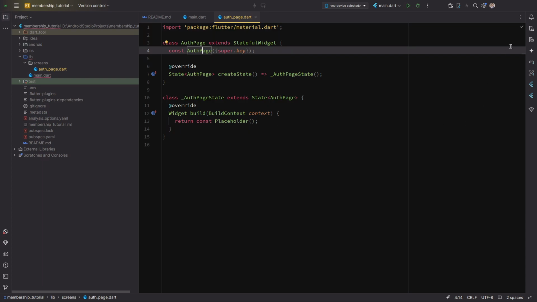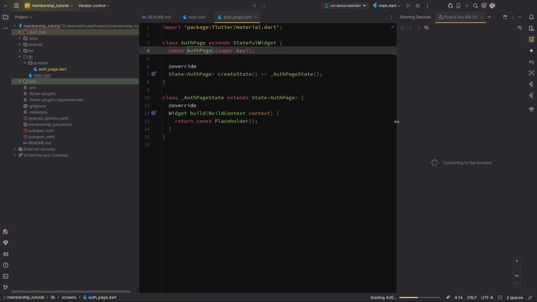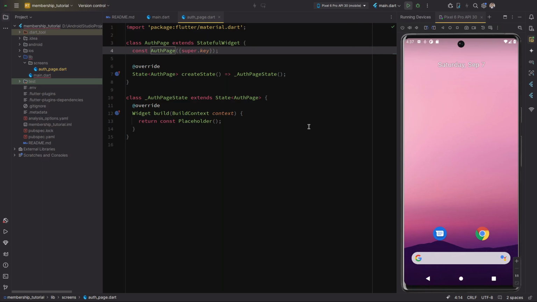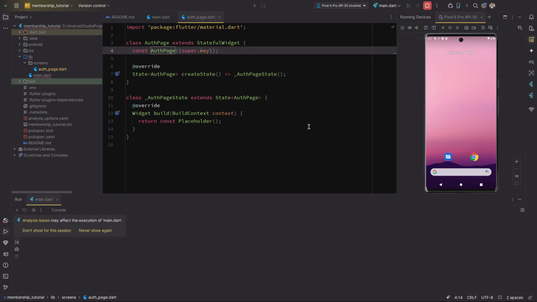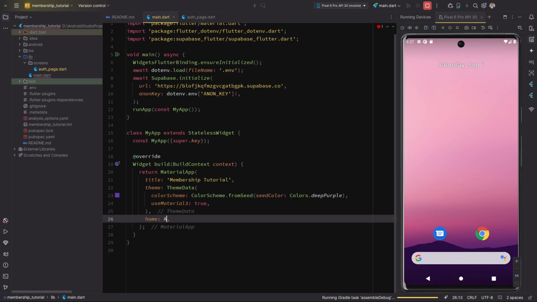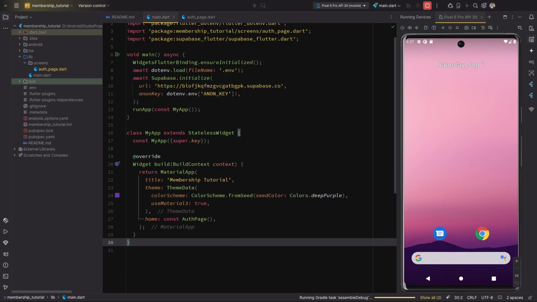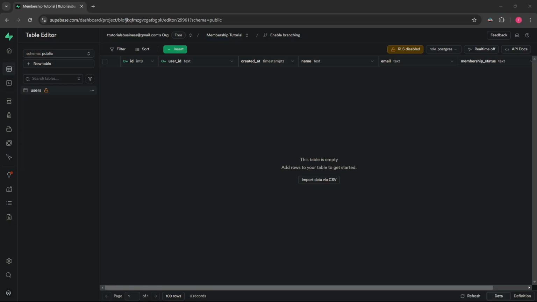Okay, so I'm going to run the Android emulator here so we can see the project while it's being built. Okay, I will run the app now. Make sure, oh, I forgot to do one thing. Actually, I need to put that here, auth page. Okay, so it's running now, and while this is loading and running, we can head back to the browser,